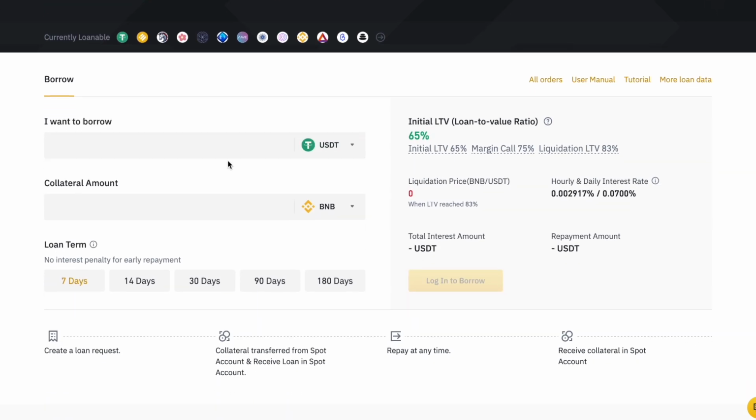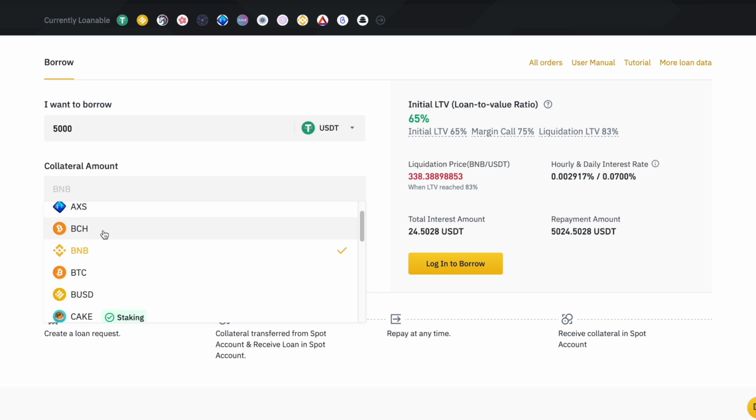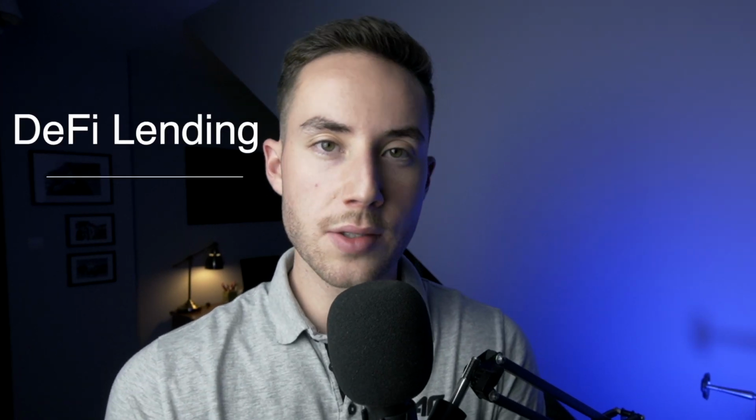There's more paperwork involved in getting a loan through a CeFi platform, but the fact that there's a regulated environment and a customer service representative who's just a click or a phone call away could make these platforms more appealing to traditional investors. The second option for crypto lending would be to go for a decentralized platform,